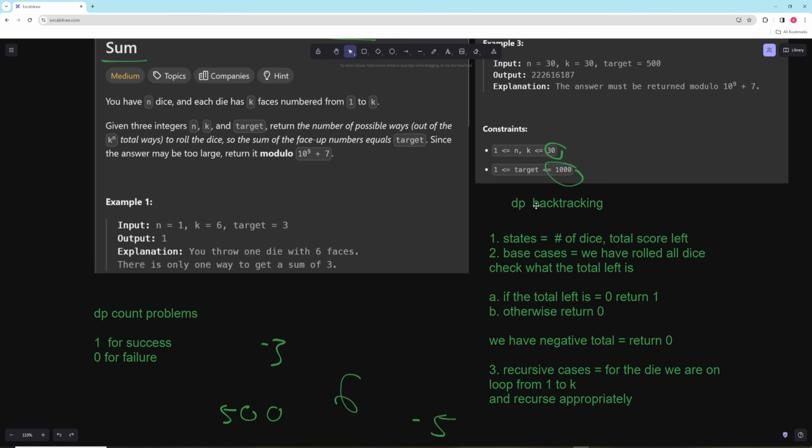And obviously backtracking would fail here. I don't even know how you could do backtracking, but backtracking is usually like a 2 to the n function. So obviously like 2 to the 1,000 or something wouldn't work. And yeah, we can code it up and then we'll talk about some optimizations you can make